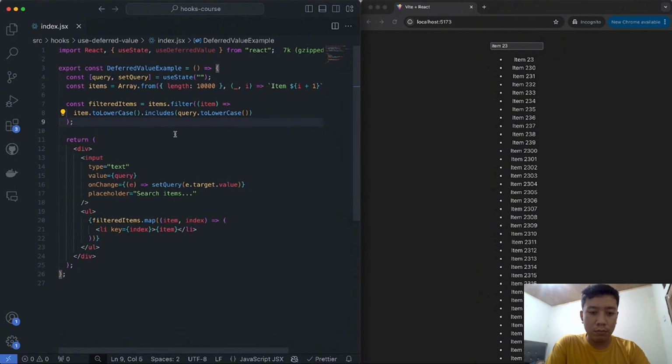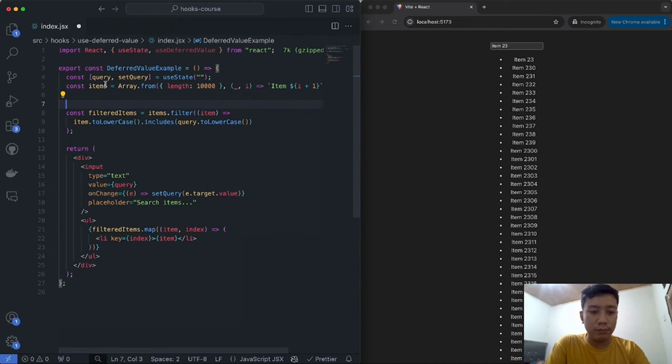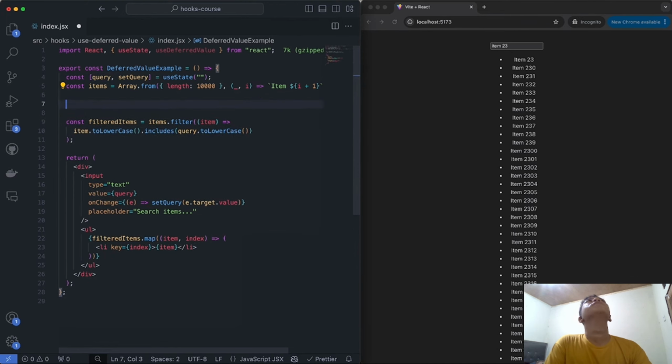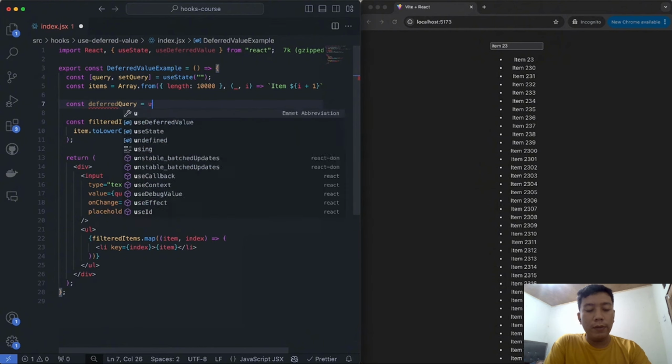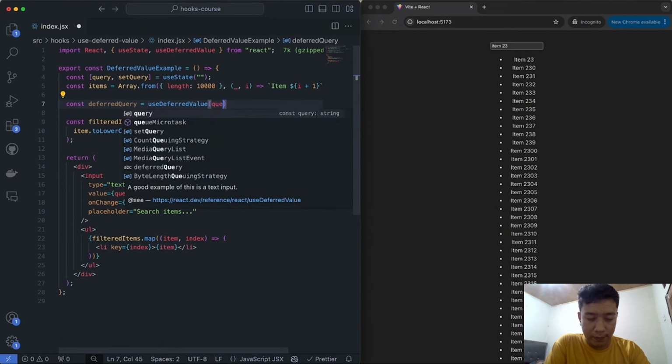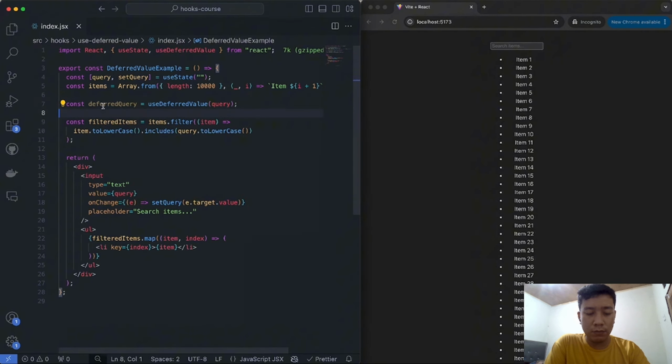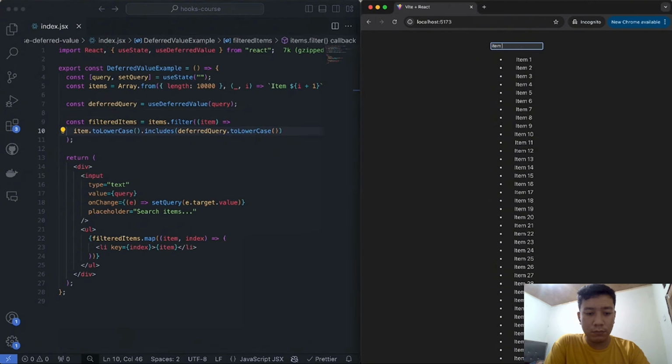Now, what I want to do is, when we do this calculation here, the items calculation, the filtering, instead of using this query variable here to check to see if this item is included in this 10,000-sized list, I want to create a deferred version of this query. I'll say deferredQuery, and I'll set it equal to the useDeferredValue hook and pass in the query. I'll defer this value exactly for the reason of having smoother performance, because now if I use this deferred query over here, it should already